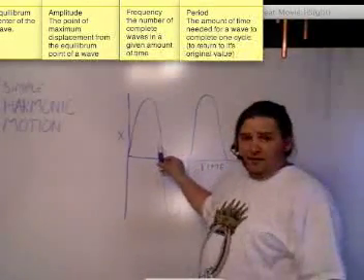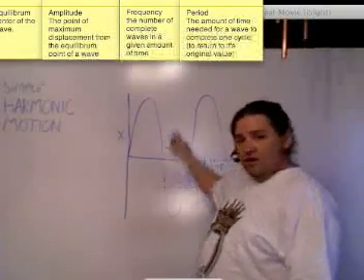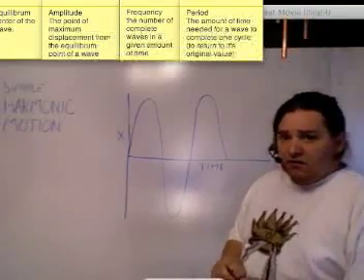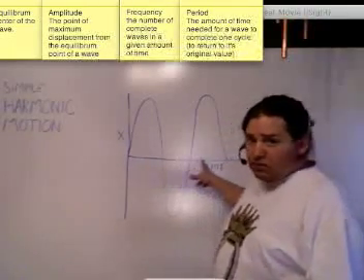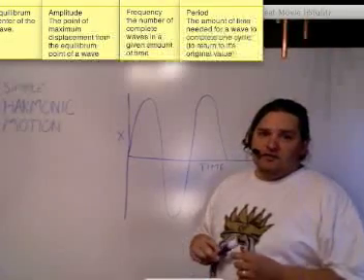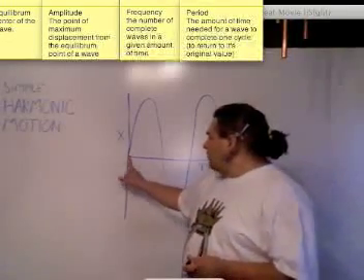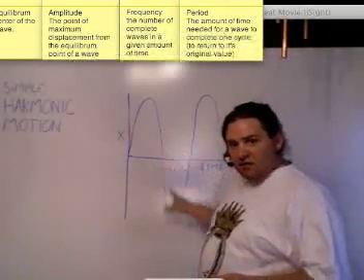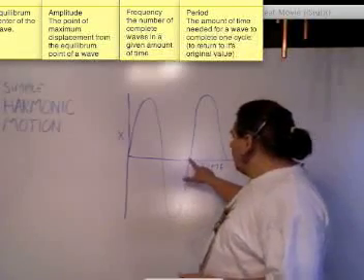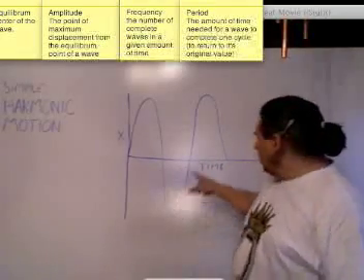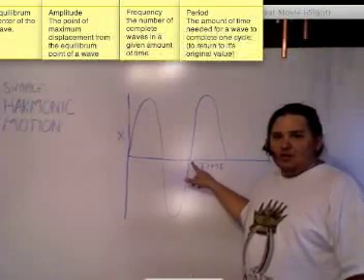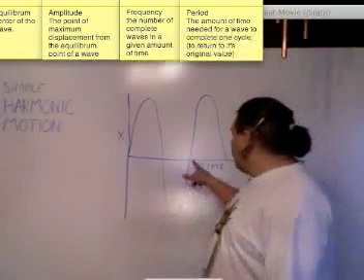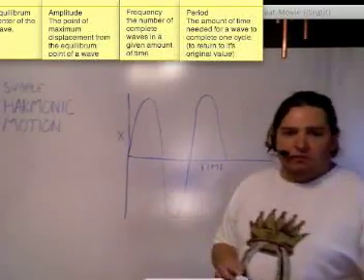If I look at the wave, at this point, the wave is pointing down. It's heading down. At this point, the wave is heading up. So we're looking for not only a point on the equilibrium, but a point on the equilibrium where the wave is doing the exact same thing. So if I'm talking about a wave going up and at equilibrium, I can't be talking about this point because it's going down. I continue to go, and right here I have a point on the equilibrium, and it's pointing up. Okay? So this point from here to here is representing a complete cycle.